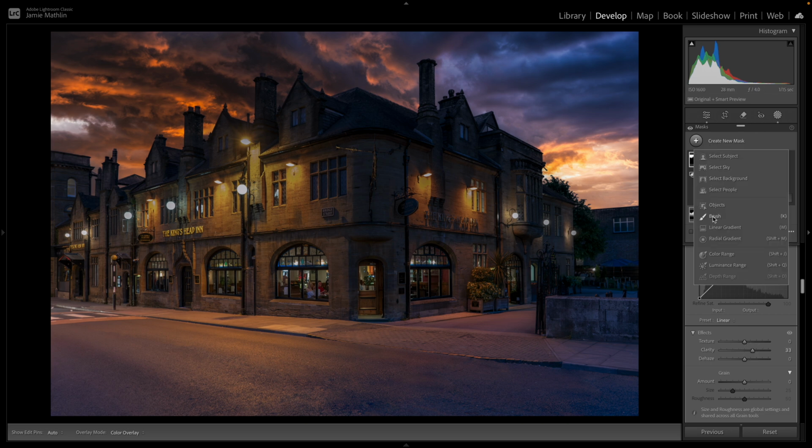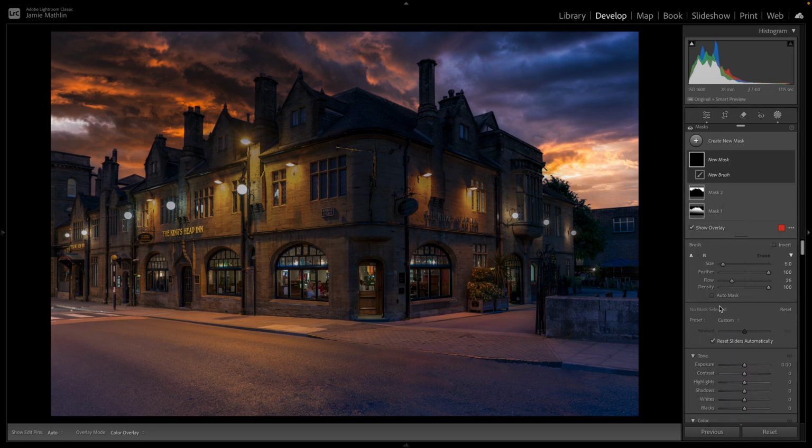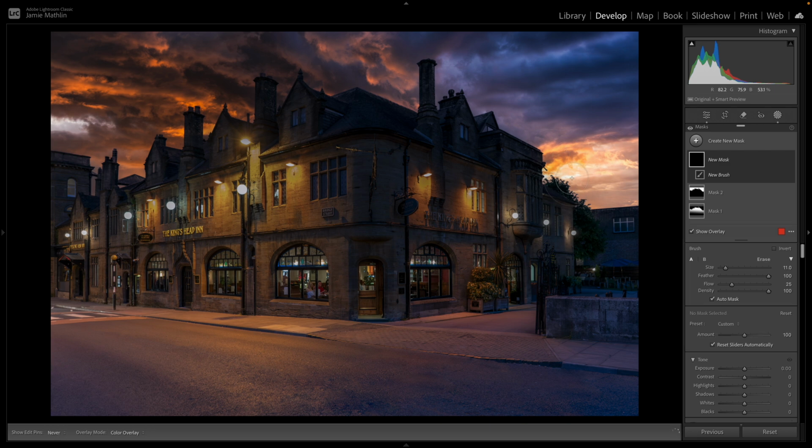I'm going to create another mask, take a brush this time. And what I want to do is this area over here, I want to sort of darken that down a little bit. Okay, so when I select the brush, in the settings, I want to make sure auto mask is on. I'm going to make the brush a little bit bigger, and then I'm just going to paint over that area there. We've got the flow quite low, and we've got quite a bit of feather on it. I just want to just gently, as you can see, there's ever so slight